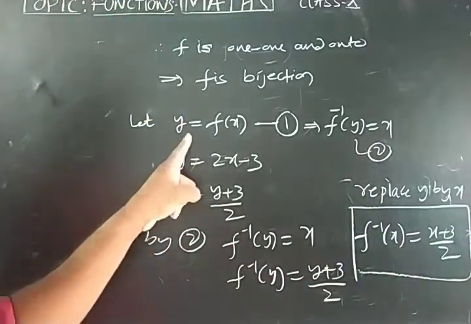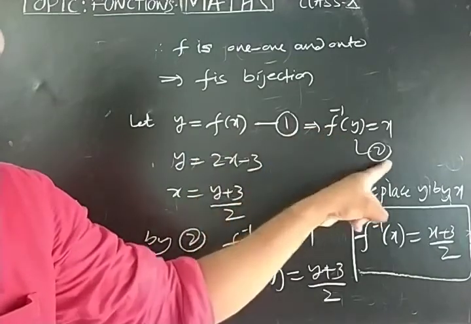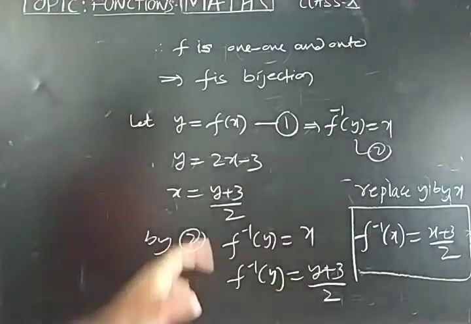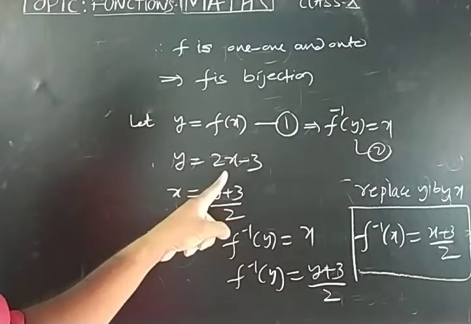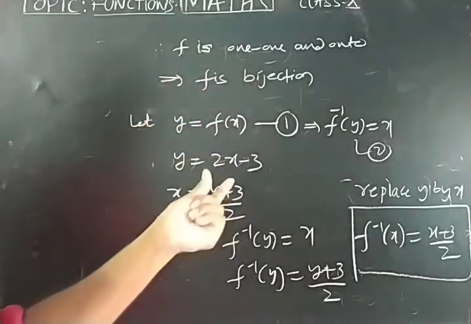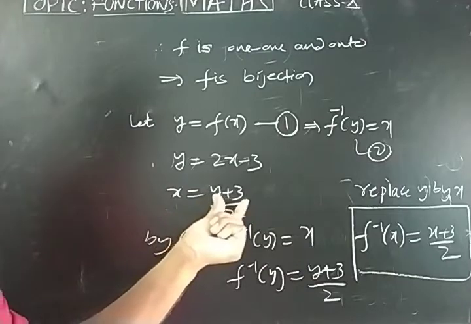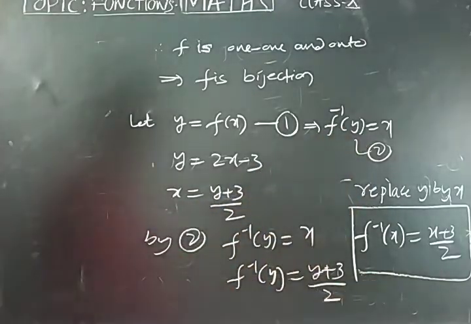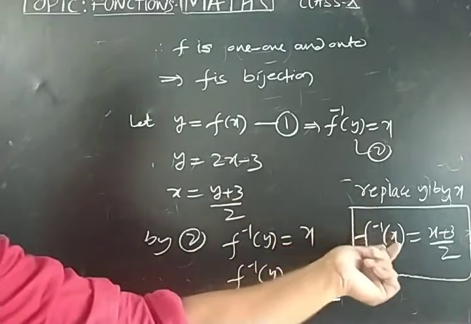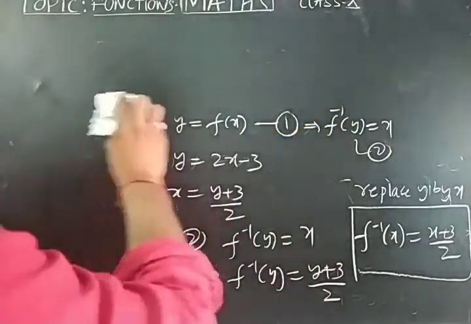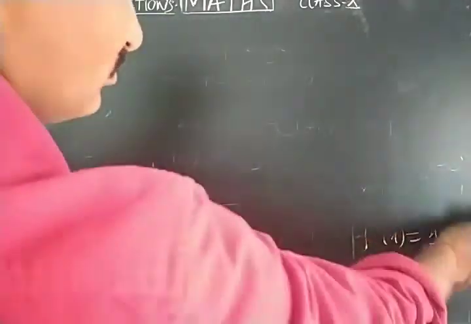See the steps. First I am taking y equal to f of x. From this equation you will get the second equation. By sending f to the left hand side, it will be f inverse of y equal to x. And in place of f of x, write the definition which is given in the question. From that, get x value in terms of y. After getting x in terms of y, use the second equation. In place of x, write the y term. So you will get the inverse of the function in terms of y, but you write the inverse function definition in terms of x by replacing y by x. Okay. Now this is the procedure to find the inverse of the function.